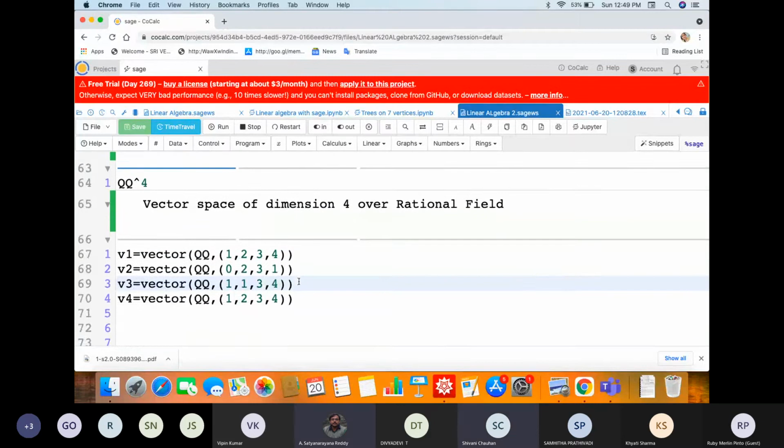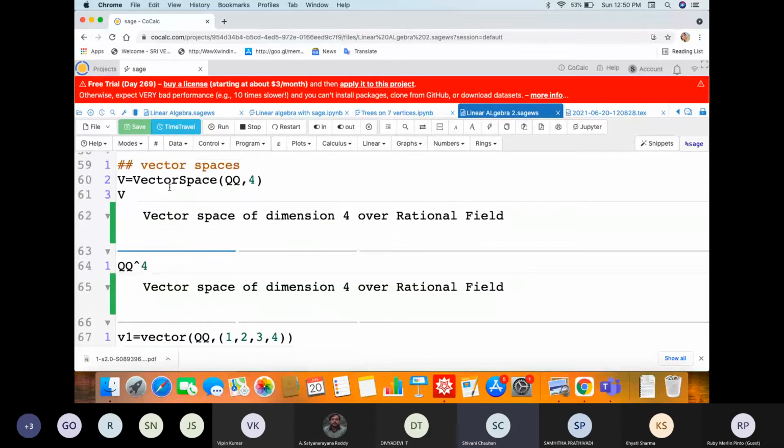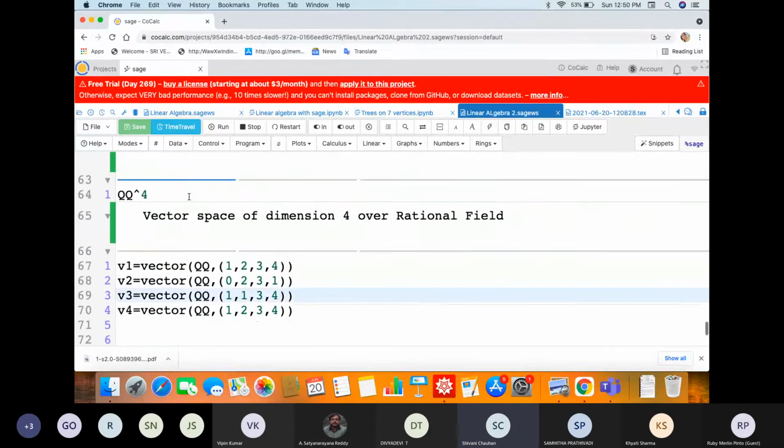There is no relation between these vectors and that vector space V at this moment, right? Exactly, sir. We can do this directly also, but in order to show how we can define a vector space, that is why I wrote it.